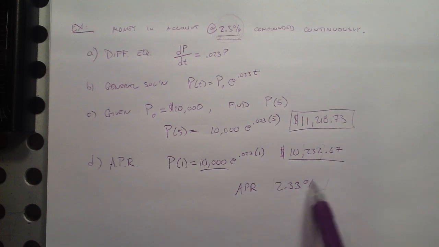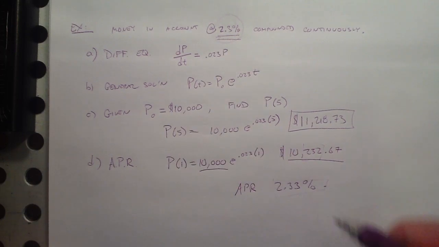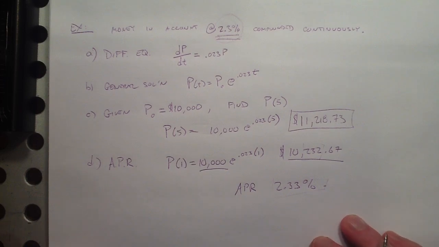So they will advertise that rate to make it look a little bit more attractive, even though the actual rate that's being compounded continuously is 2.3%. You'll see a question like that later in the sheet that I give you. Okay, now,